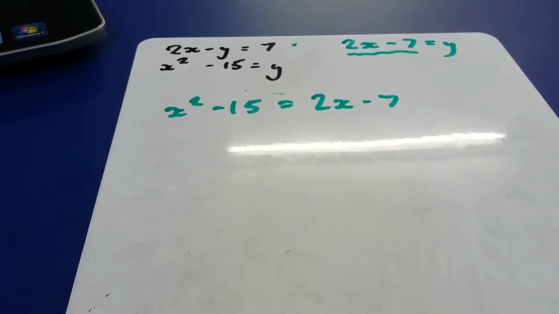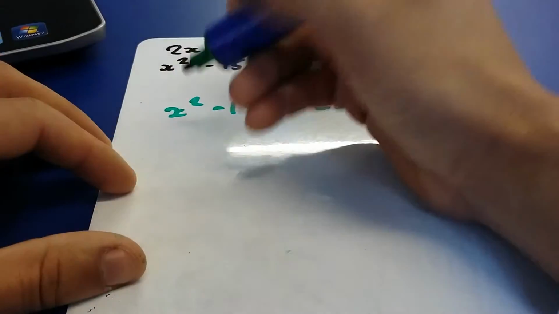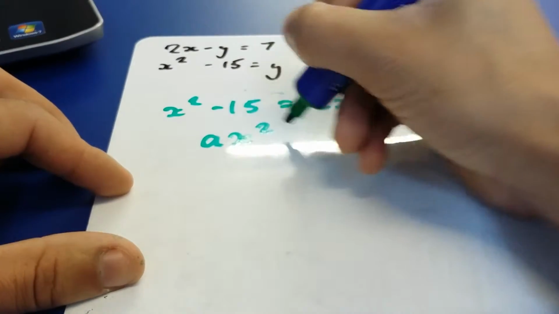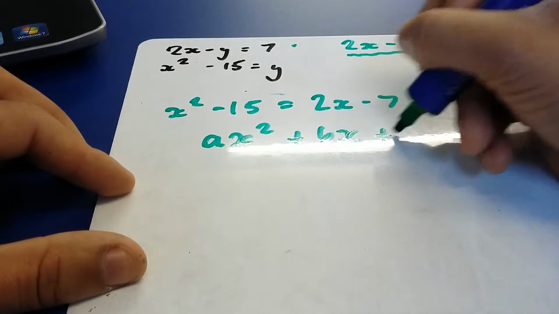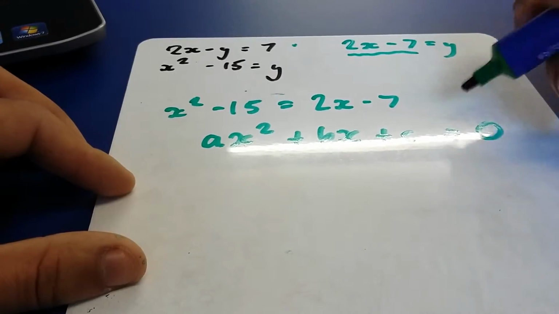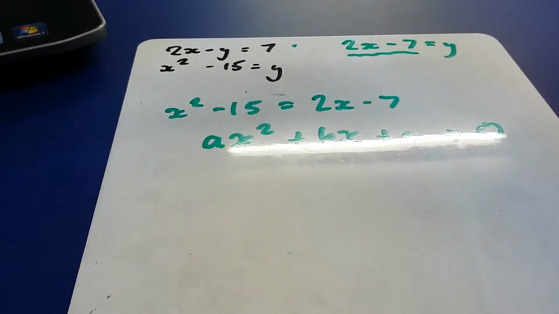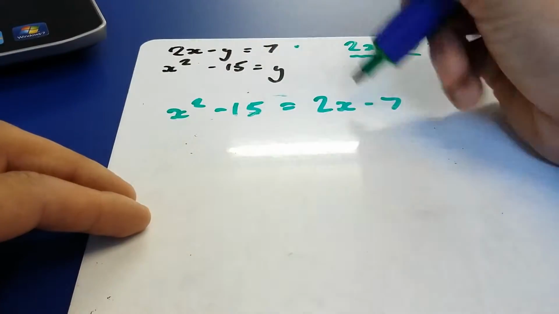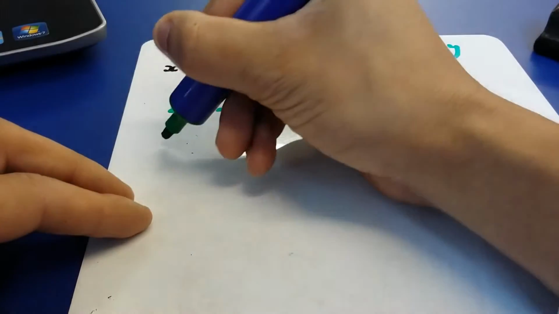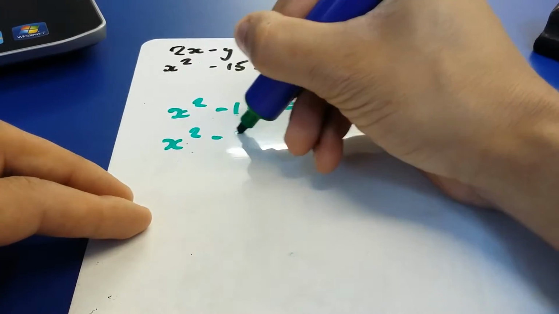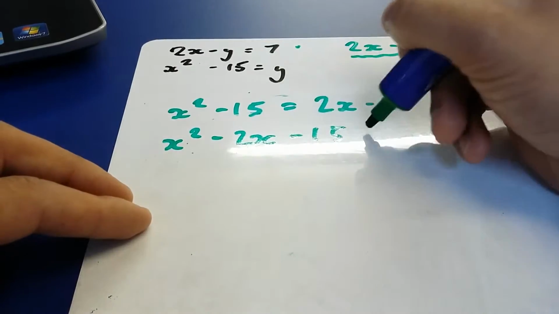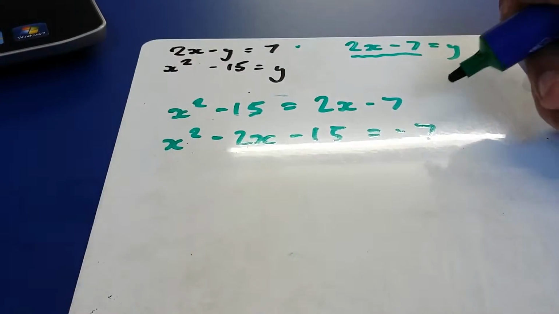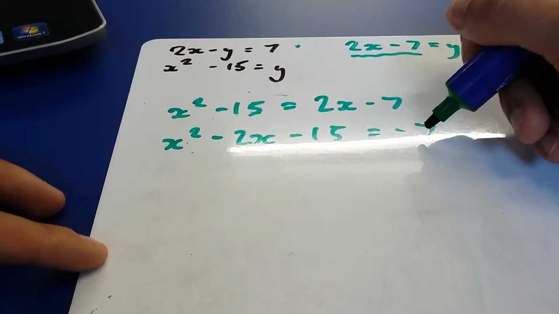Okay. Now to solve a quadratic equation, what we know is we need to get the equation in form of ax squared plus bx plus c equals 0. Okay, so we need 0 on this side of the equation here, because we've already got x squared over there. So we need to rearrange this equation so that we have 0 on this side. So we need to take 2x from both sides. So minus 2x minus 15 equals negative 7, and to get 0 on this side I need to add 7